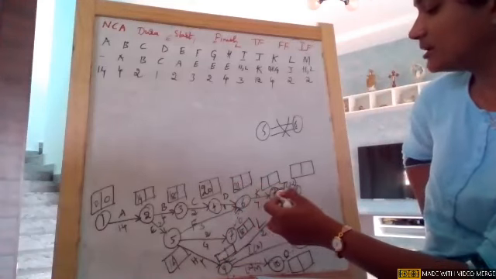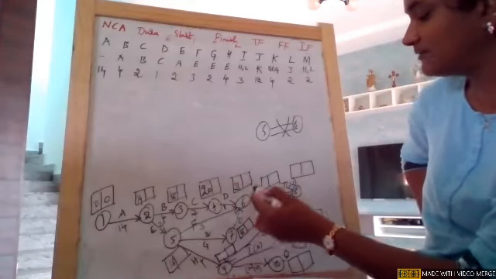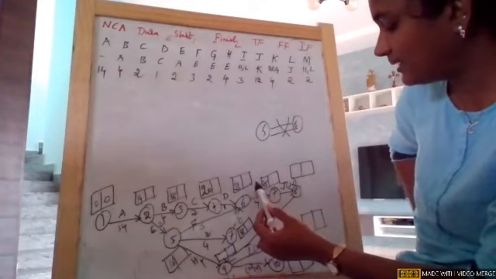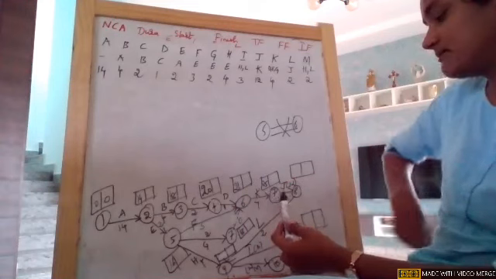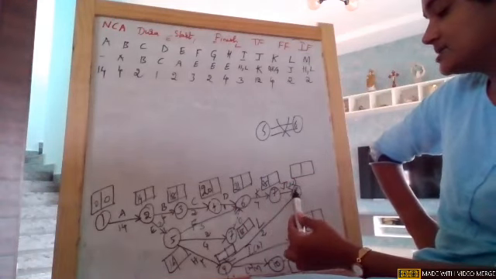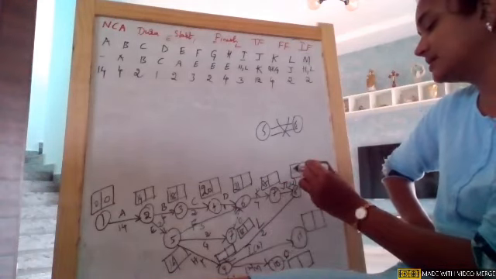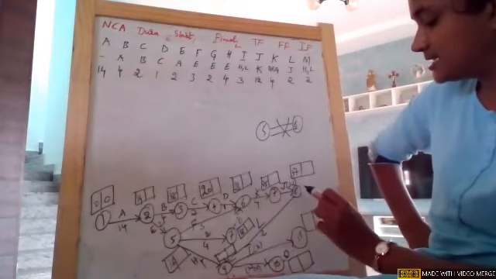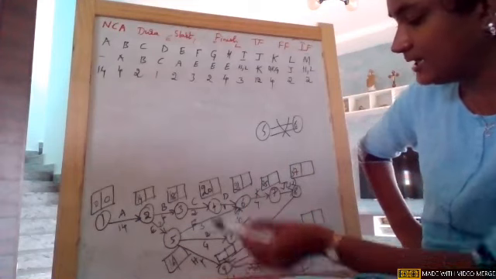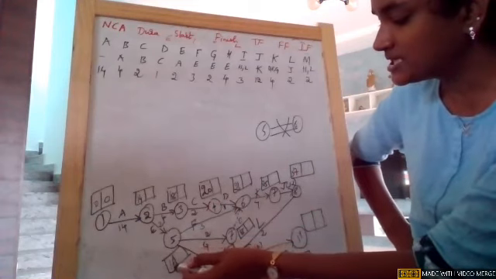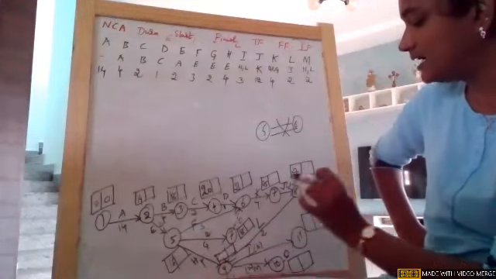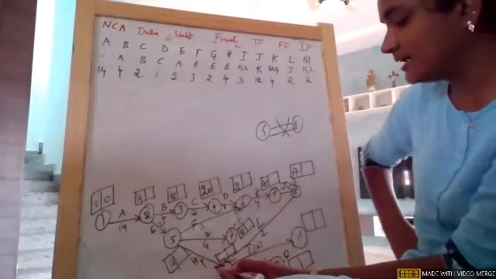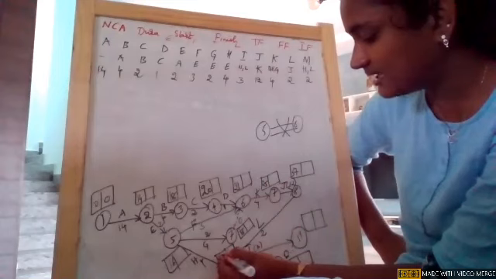From node 6, we are going to 7 with a single arrowhead. 21 plus 4, it is 25. Then node 7 is giving to 8, which is again a single arrowhead. 25 plus 12, it is 37. Okay, from 8, we are going to node 9 and also to this one. So 16 plus 4, it is 20, and 37 plus 2 is 39. So 39 is the maximum value.